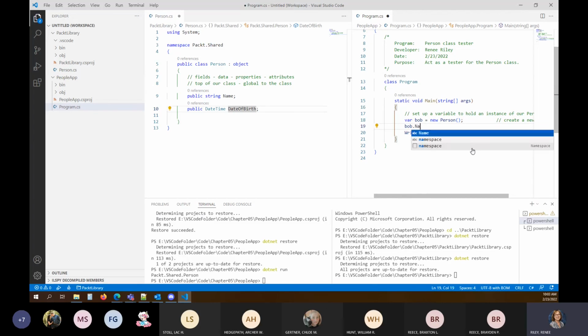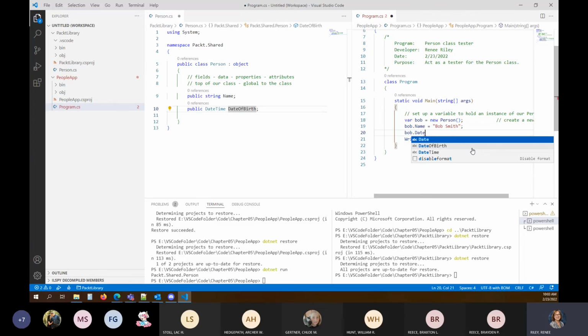So first of all, for Bob's name, I'm going to set that equal to Bob Smith. Notice this has to come after I create my new person, and then I can set his date of birth. I'll set it equal to a new DateTime for, let's see, they're saying 1965, 12/22. It's when Bob was born.